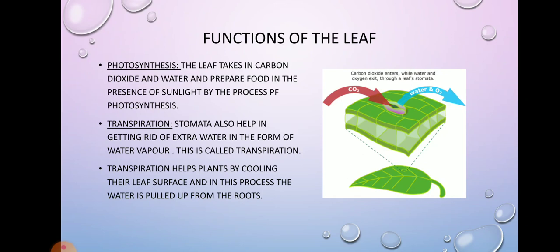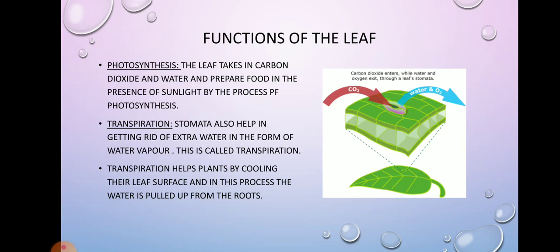Now we have seen stomata in the first chapter also, that it helps in taking in carbon dioxide and giving out oxygen while it's doing the photosynthesis process. So stomata is an opening present in the underside of the leaf which takes in carbon dioxide. In the diagram you can see, it takes in carbon dioxide and gives out water and oxygen in the process of photosynthesis. This is done during the daytime, but during night time it carries out the respiration process, in which again it uses the stomata for taking in oxygen and giving out carbon dioxide.